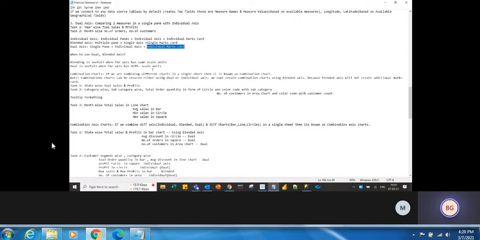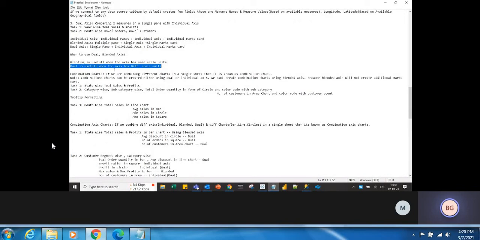So when the units are the same for both the measures, then the blending is helpful, because it will show it in the single axis, right? But the dual is useful when the units are having different axes.